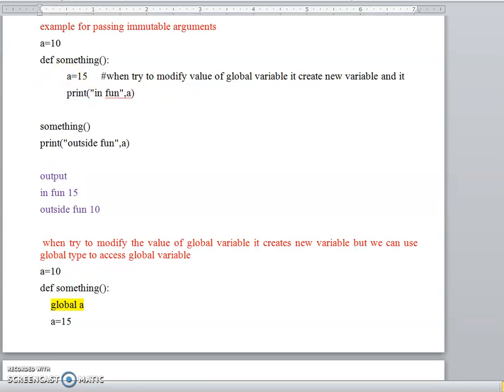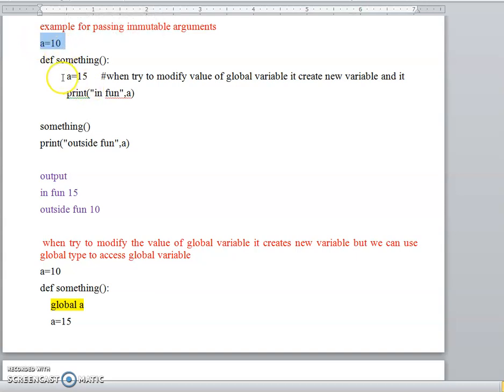In the function, I am trying to modify the value of the global variable. The global variable a contains the value 10.